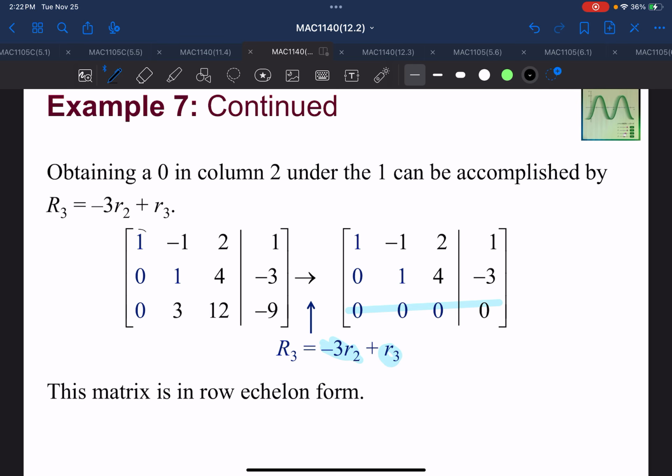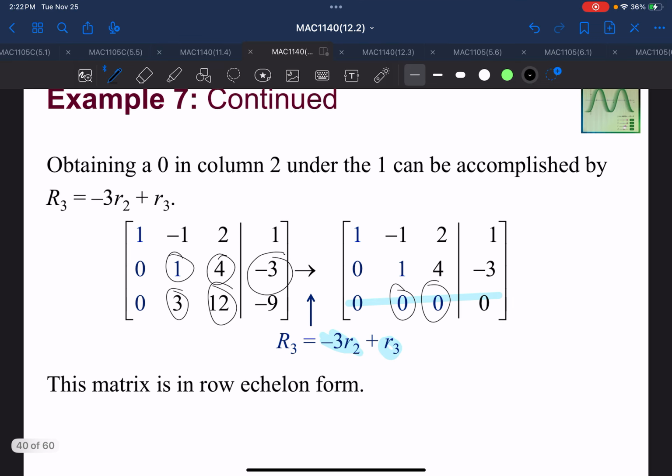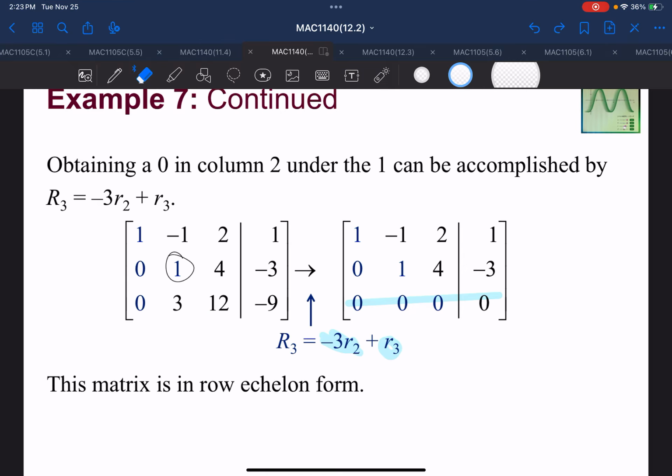So negative 3 times negative 3 times 0 is 0, and 0 plus 0 is 0. Then the next one is negative 3 times 1, which is negative 3, plus 3 is 0. Then the next one is 4 times negative 3, which is negative 12, plus 12 is 0. And then negative 3 times negative 3 is a positive 9, plus negative 9 is 0. So that one actually creates all zeros in my bottom row,